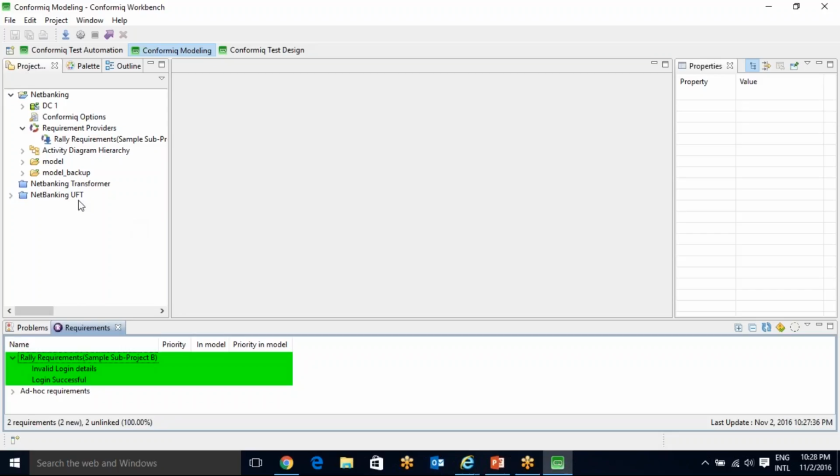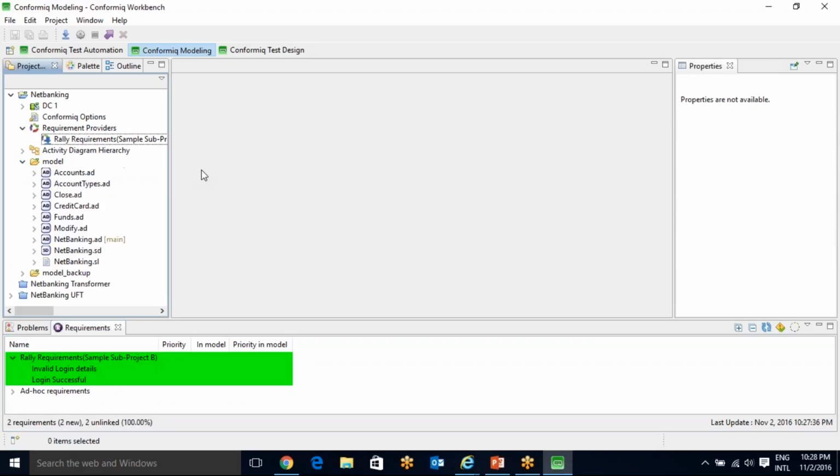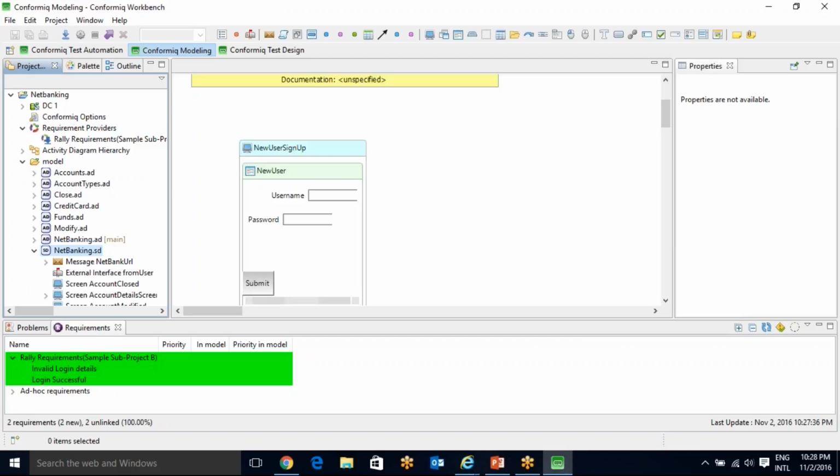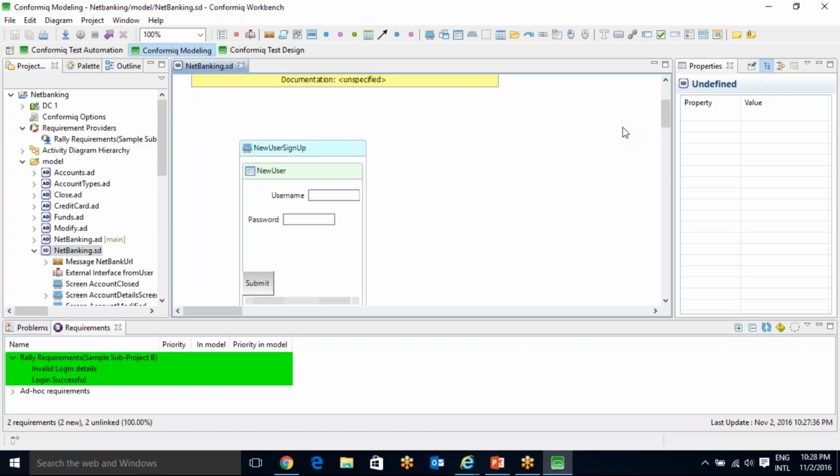develop the model now. If you see, there is a model folder. Here we have two types of diagrams. One is the structure diagram and another one is the activity diagram. Suppose I open the structure diagram, you can see whatever widgets are available in any web page or any type of domain. Using these widgets we can develop the structure diagram. Whatever objects are available in my particular application, I need to replicate all the objects into my structure